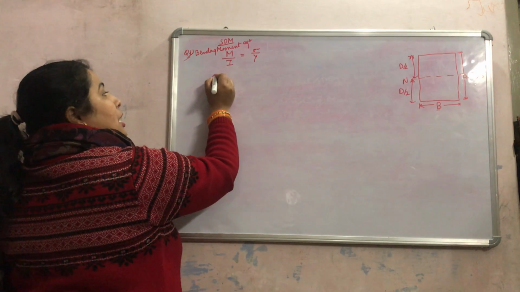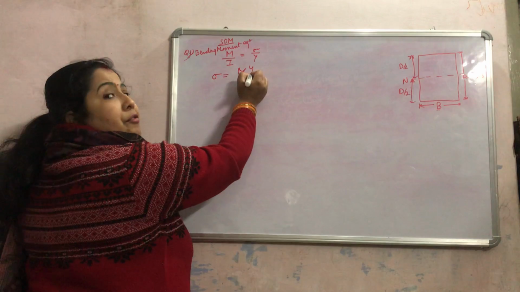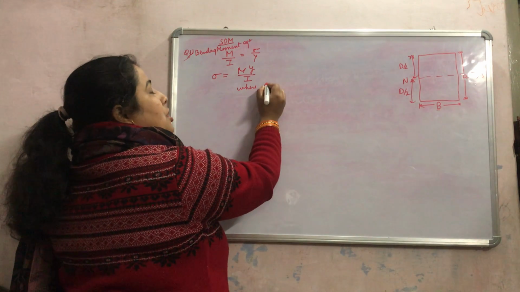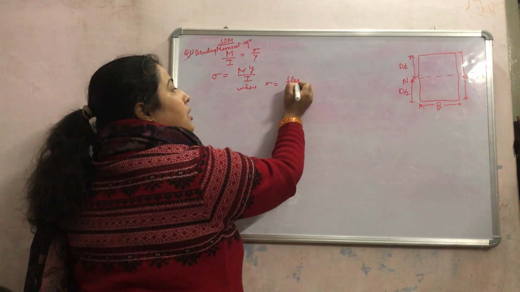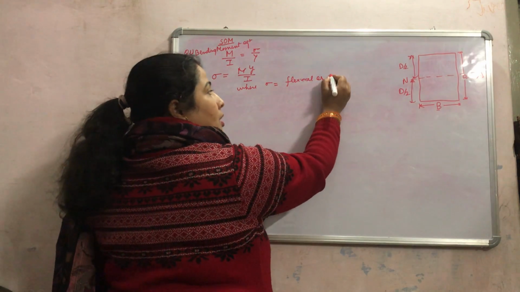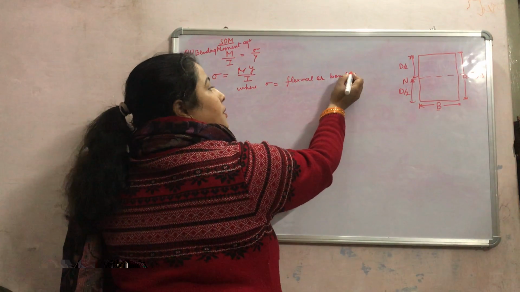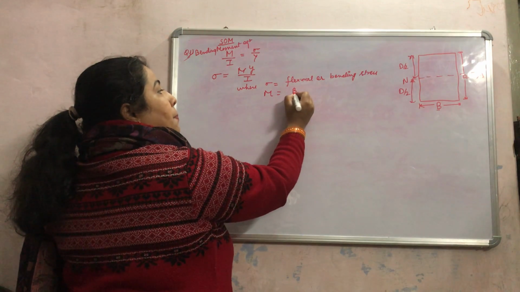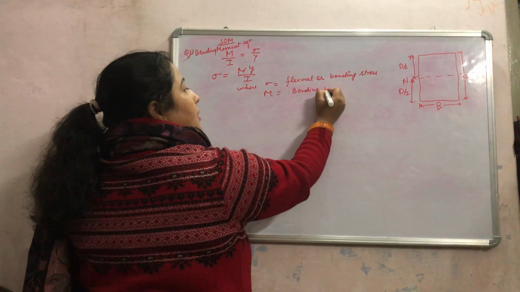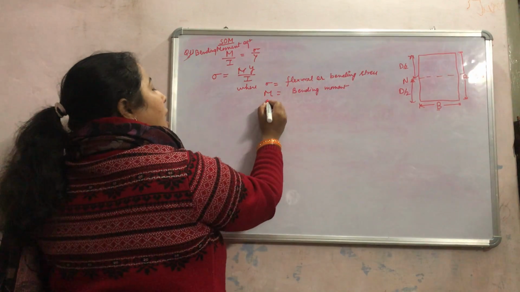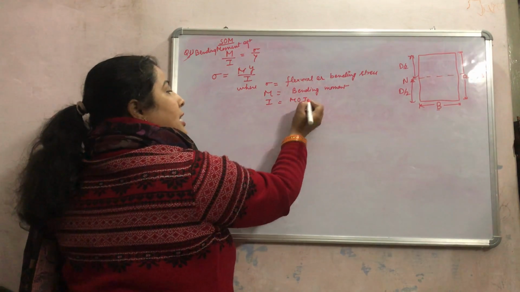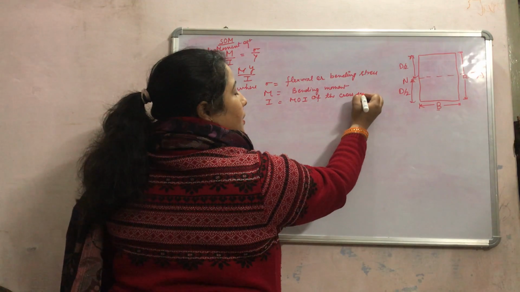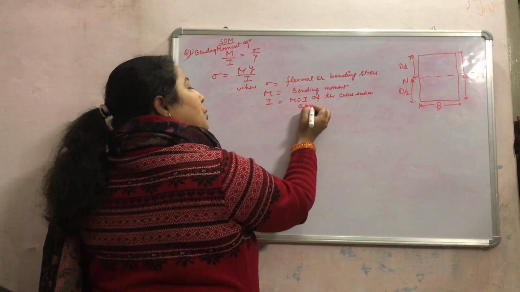From this equation, sigma equal to M y upon I, where sigma equal to flexure or bending stress, M equal to bending moment, I equal to moment of inertia of the cross section about neutral axis,